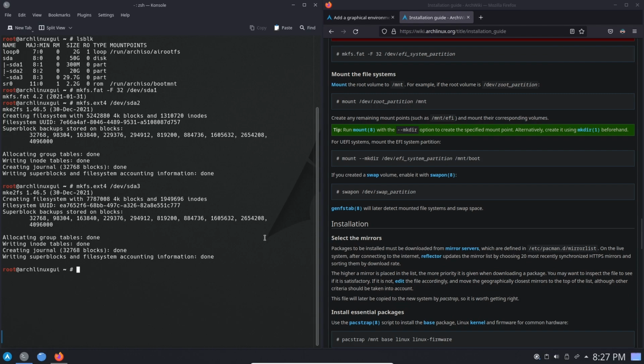So first thing I need to do is mount /dev/sda2 to /mnt. This is important. We are mounting the root partition to /mnt. And now we need to also mount the other partitions. So for example, for a UEFI system, mount the UEFI system partition. Okay, so I need to mount, and then make dir